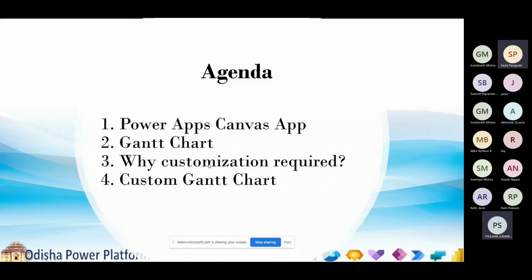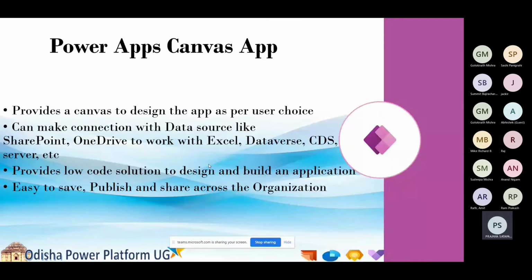Correct. So, Power Apps Canvas App, the name is enough to understand what a Canvas App is, because Power Apps provides you with a blank canvas onto which you can drag and drop components to form any design or user interface.